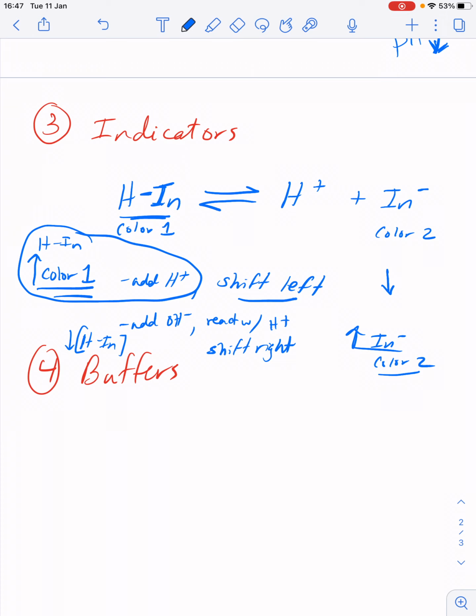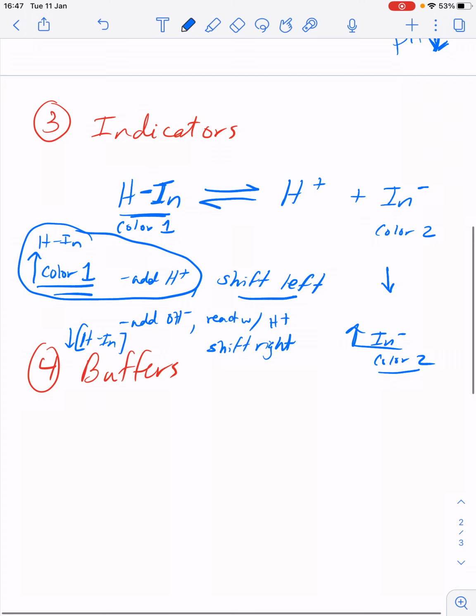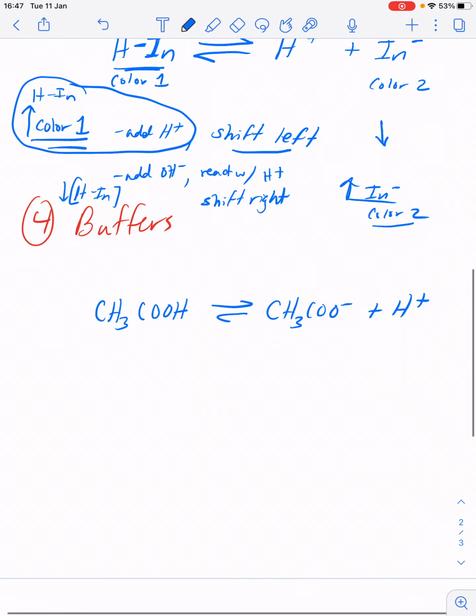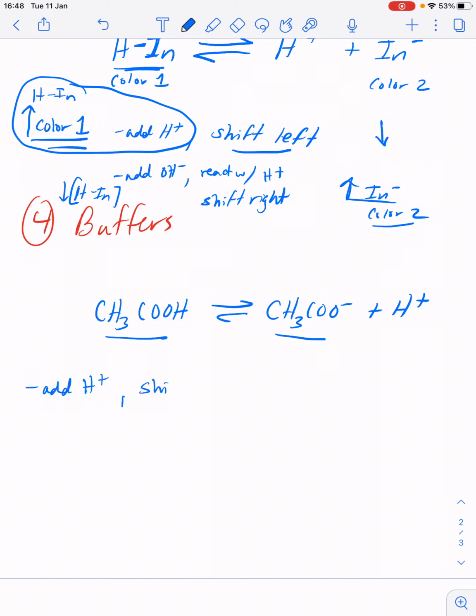And then the last one is buffers. The buffer one, you really just show the weak acid dissociation equation if you're dealing with an acidic buffer, like this. The difference, what makes it a buffer, is that both of these things are now present in almost equal amounts, or possibly equal amounts. That was described in a previous video. And so now with this buffer, you should be able to describe which direction it shifts when you add acid or base. So adding acid is like adding H+, shift left,